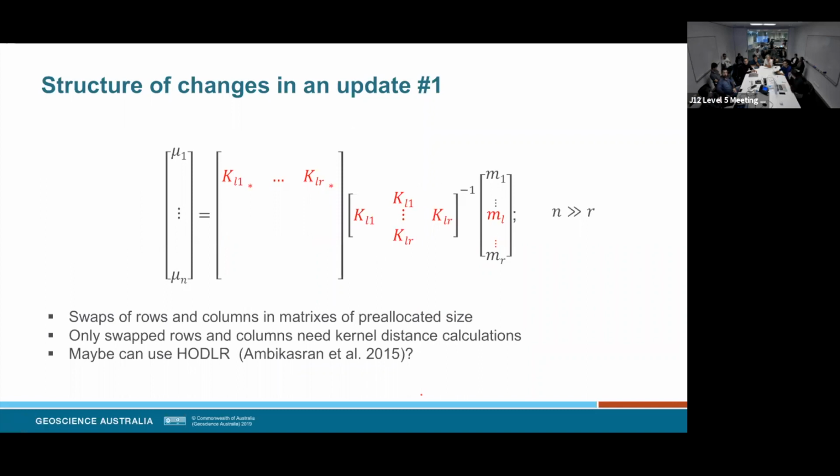But we haven't yet come to the transdimensional stuff, right? Or have you actually, because this vector M can grow. So this vector M is pre-allocated to a maximum size. These kernels are pre-allocated to a maximum size. And so if I want to remove, if I do a death of a certain parameter, I'll just move this right to the end, and this, and this, and I will just multiply a smaller system.